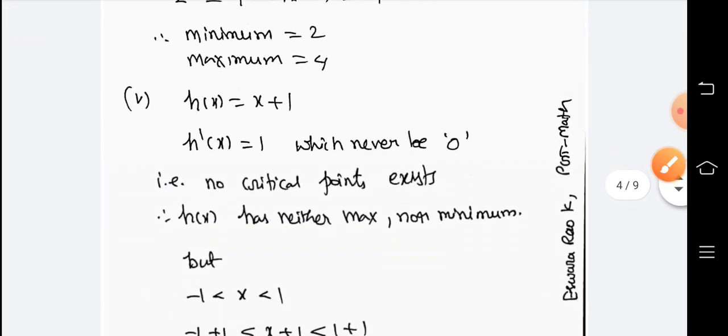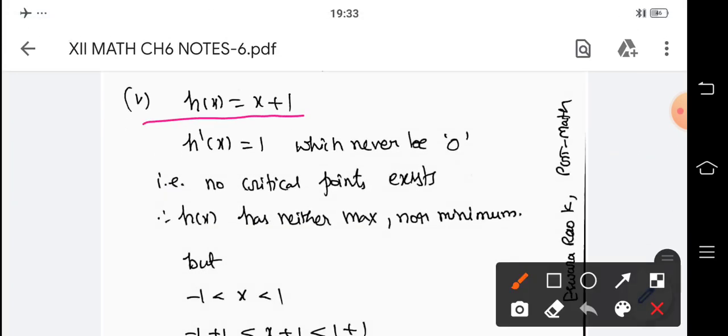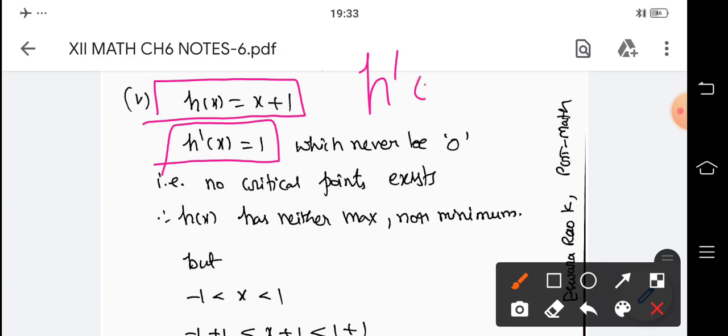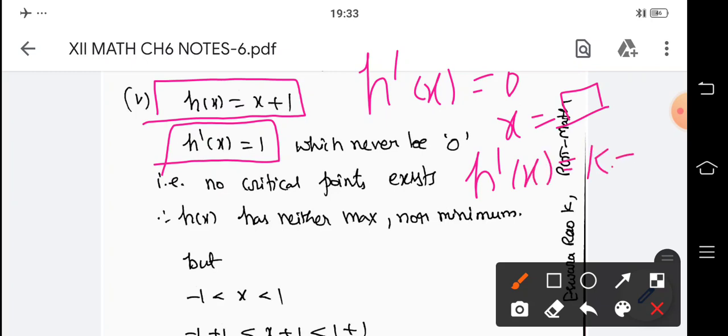Next, fifth question. h of x is equal to x plus 1. It is a linear expression. h dash of x is equal to 1. Means the first derivative itself is failing. When h dash of x is equal to 0, we get some x values, that is fine. But h dash of x is equal to a constant which is not equal to 0 when I get,